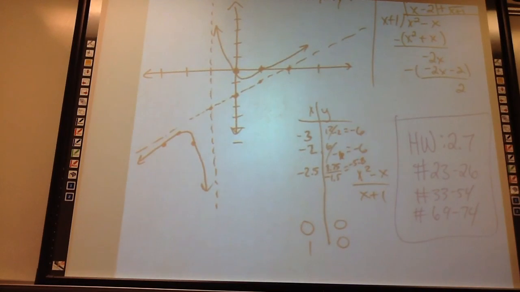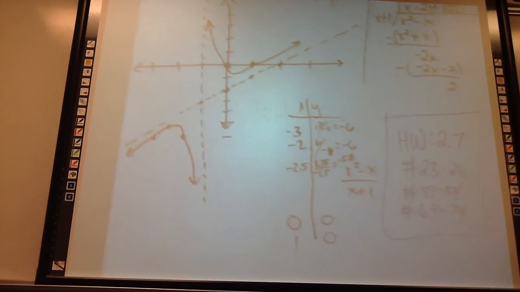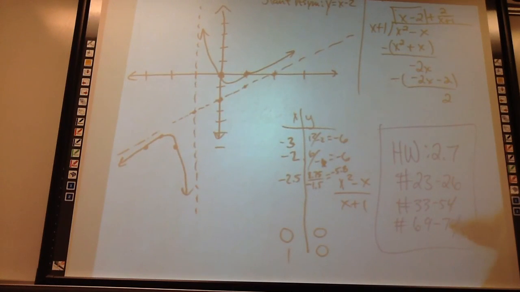If you could do one in each section, that would be great. Alonda, did you do anything? Do one of those, one of those, and one of those. The second part. I was trying to